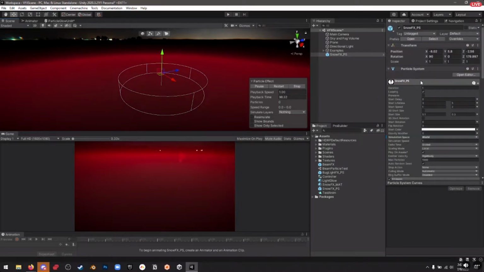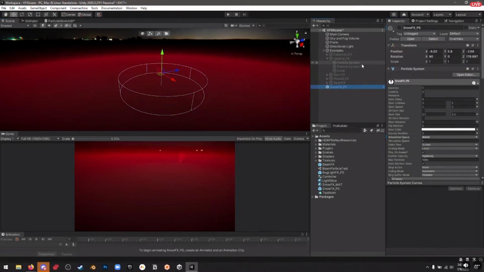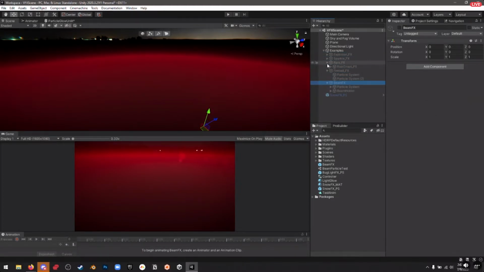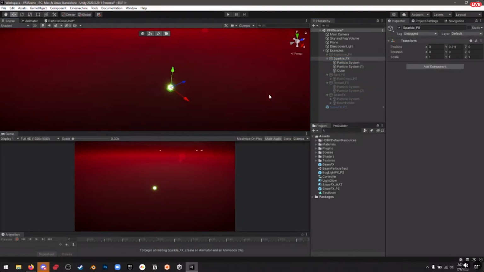Okay, so that's snow. We've hit the hour mark, so I'm going to run through just how I set these up so you can see that, and then we can get to questions. It's running a little bit over, I apologize. So the order that we're going in, so this sparkle effects, if I turn this on and I look at it,